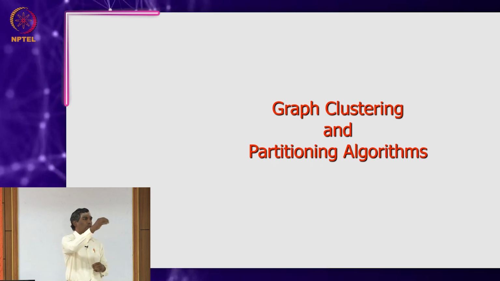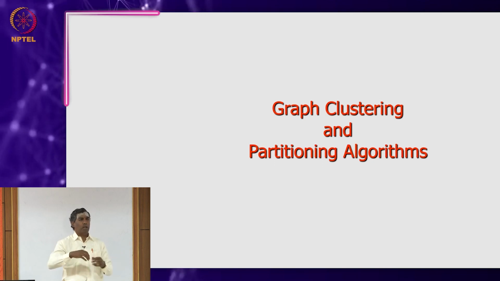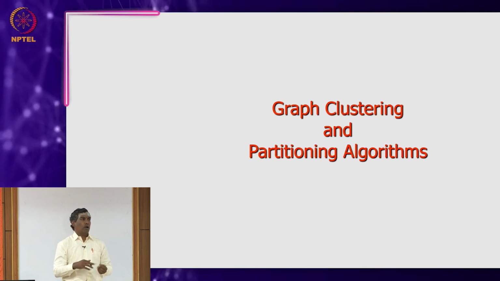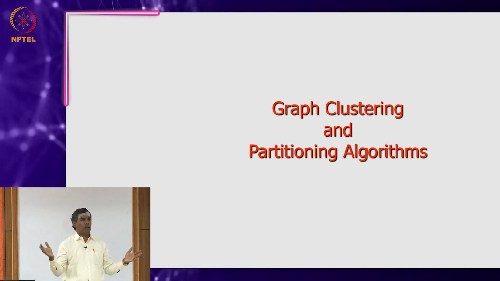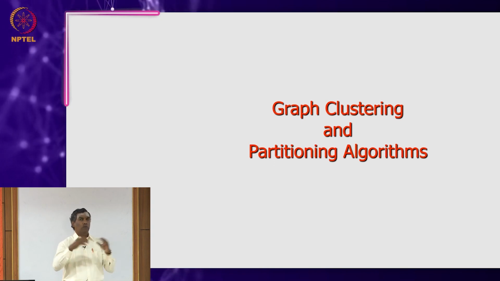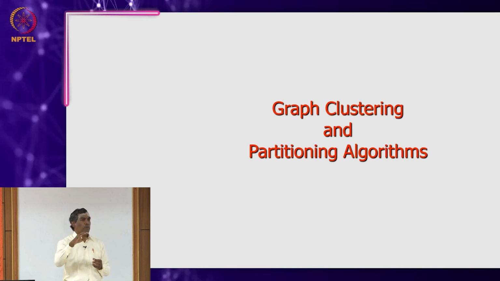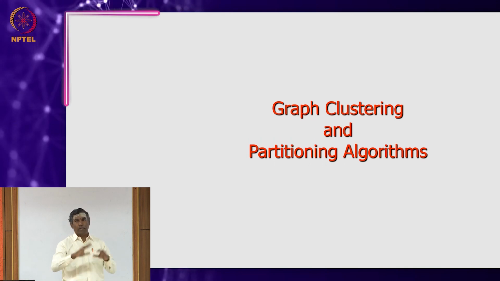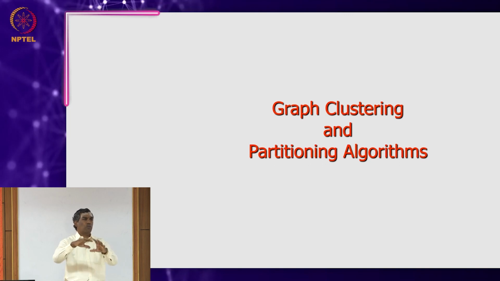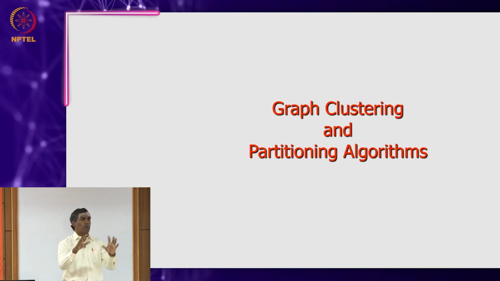Each member of the club is a node. Even though they are in a city club, they may not know each other. For example, if you look at the Lions Club of Coimbatore, there may be some 10,000 people, but all 10,000 may not know each other. So if the persons are the nodes, if one person is a friend of another, then there is an edge between them, that means a link. Now you can apply this clustering algorithm. You see among the Lions Club who are all the friends, and how many friends. Why it is needed